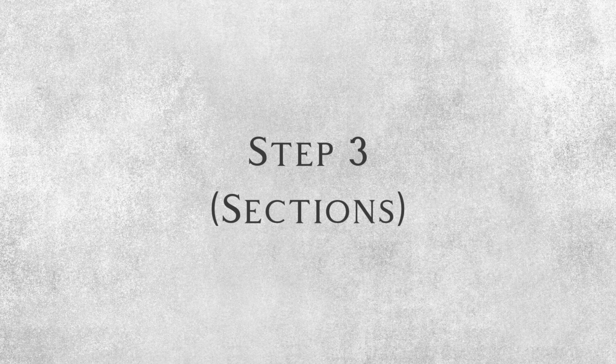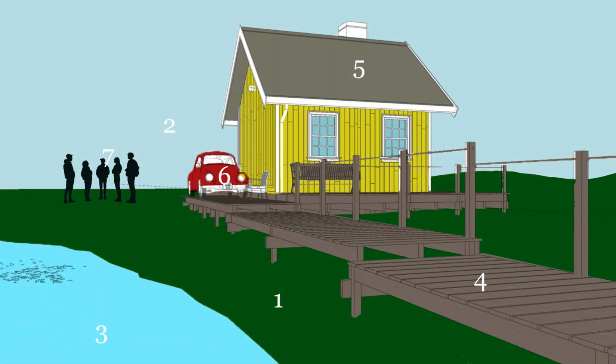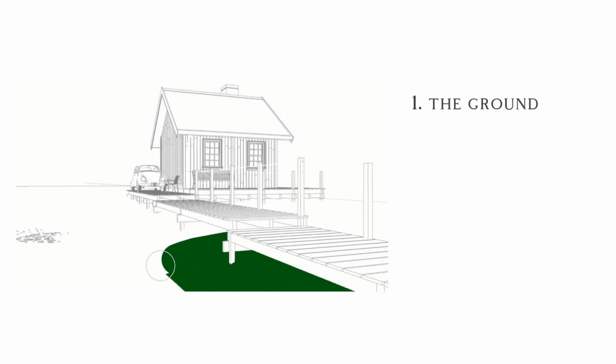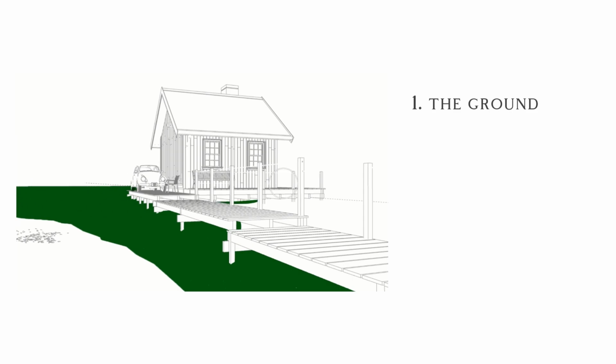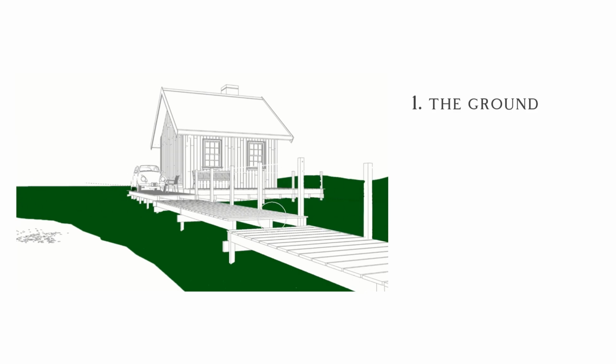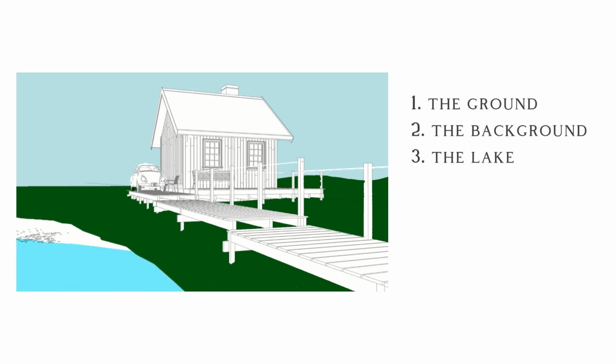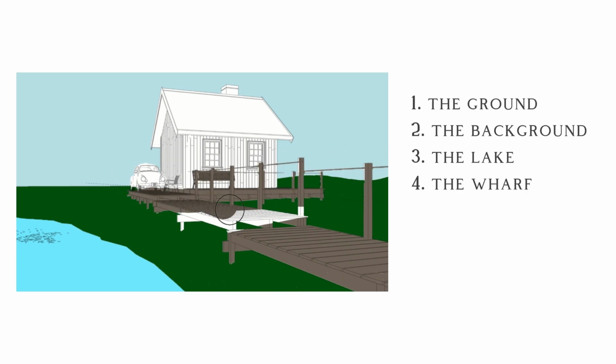At this stage, I'm dividing my project into 7 sections, and I'm deciding on what I'm gonna do with each section. So the first section is ground area, and I want green grass all over the ground area. The second section is the background, consisting of the sky and the trees behind the house. For the lake, I would simply replace the water. When I'm adding more texture and color to the dock, I want the house walls bright sharp yellow